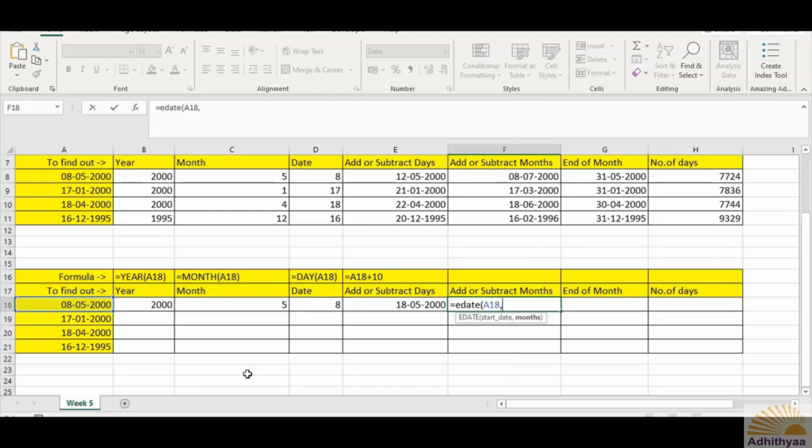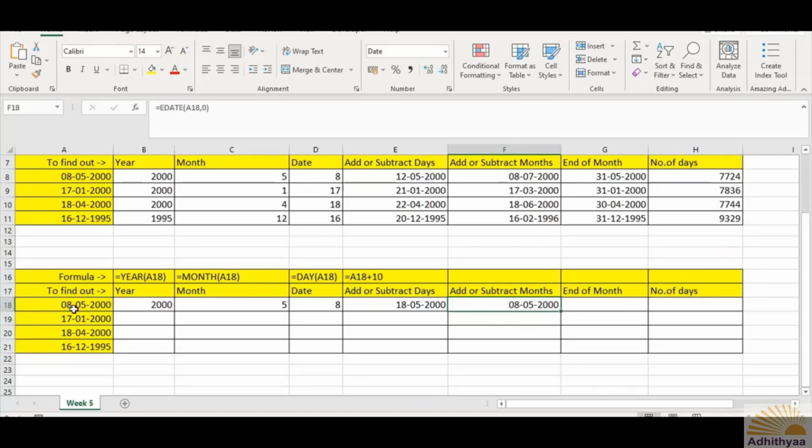Now let us see 0 and find out what exactly the answer is. 0, close bracket, enter. You will get the same thing.